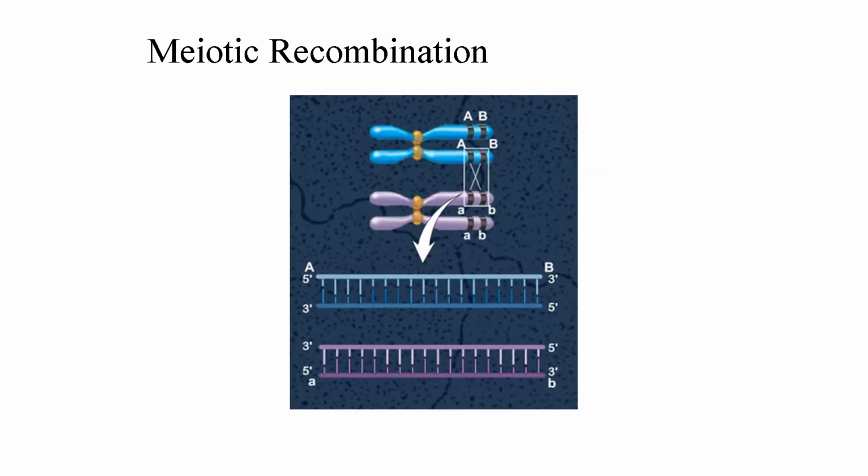This slide provides a visual summary of the meiotic recombination process. The formation and resolution of Holliday junctions, along with mismatch repair within heteroduplex DNA, explain how gene conversion and crossovers occur. These events are essential for accurate chromosomal segregation and for generating the genetic variation that underpins evolutionary adaptation and individual uniqueness among